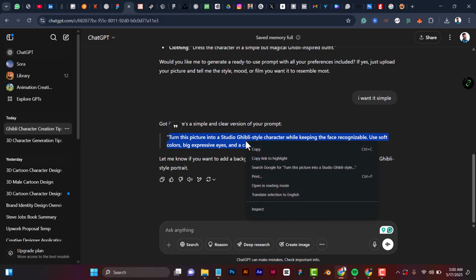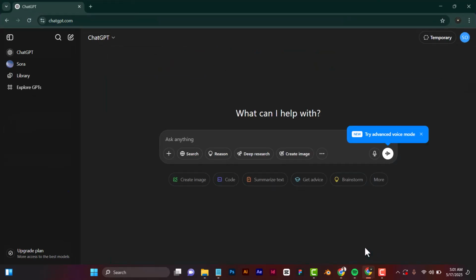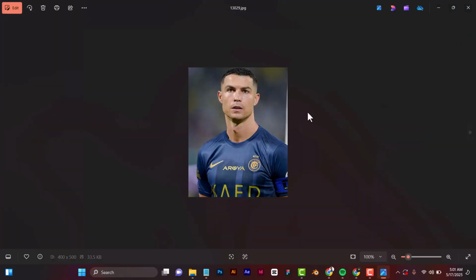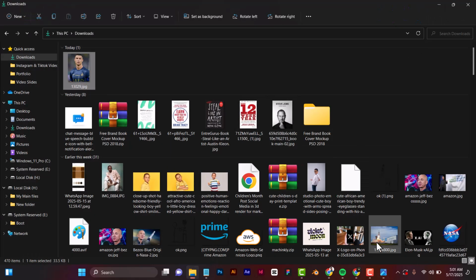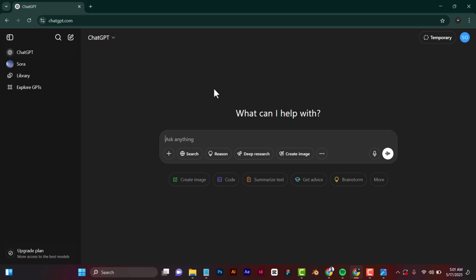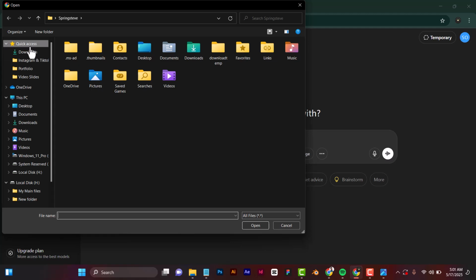So with this prompt, I believe I'm going to get a very good output. So I'm going to move next to generating my picture. For this particular video, I'm going to be using this picture of the popular footballer Cristiano Ronaldo. So I'm going to go back to ChatGPT, and then I'm going to see this option here. If you're using your phone, you can also do the same thing. All you need to do is to add the picture. Yeah, add photos, and then